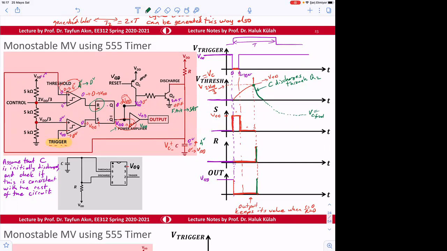What is that VC final going to be? VDD minus R times beta F times I base, right? Because that is the current in forward active